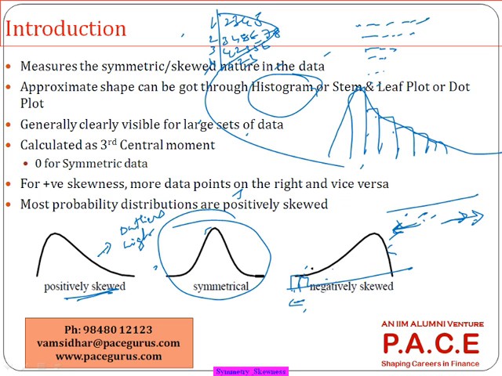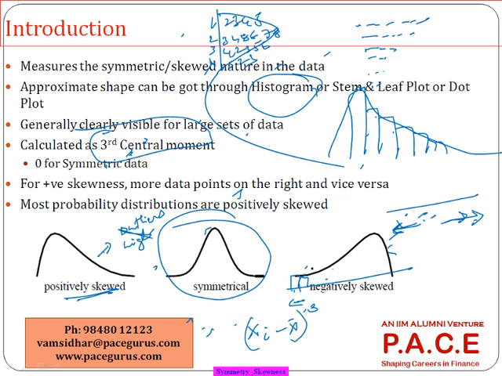But if it is more symmetrical, the values are equally distributed on both the left-hand side as well as the right-hand side. So that's the reason when we calculate it, we calculate it as the third central moment. Central moment is with respect to the mean: x minus x bar whole cube. Center is nothing but the mean. Origin is 0. Central is with respect to the mean. So the way we calculate it is the sigma of xi minus x bar whole cube,